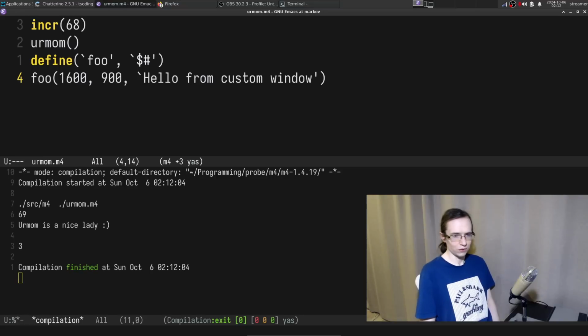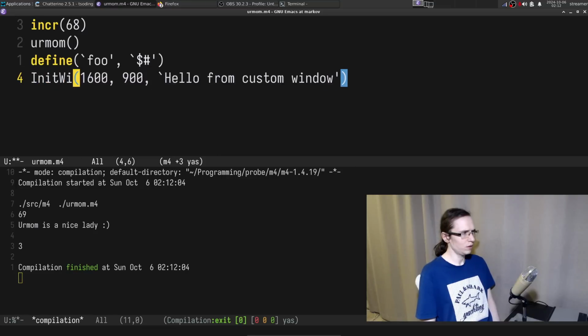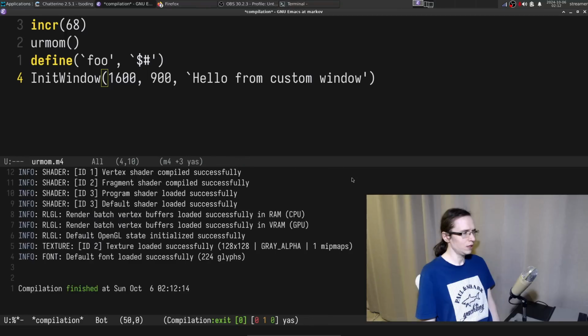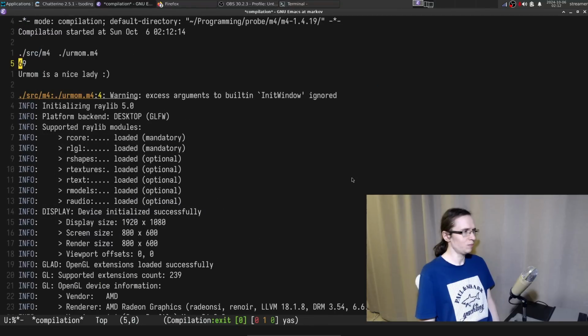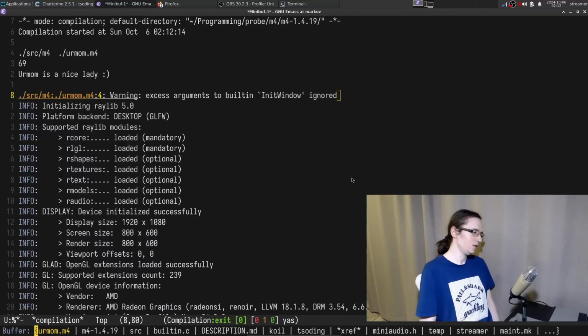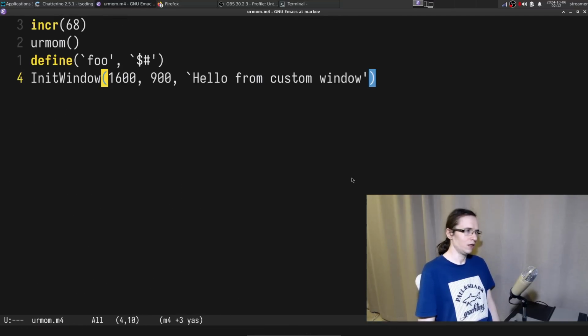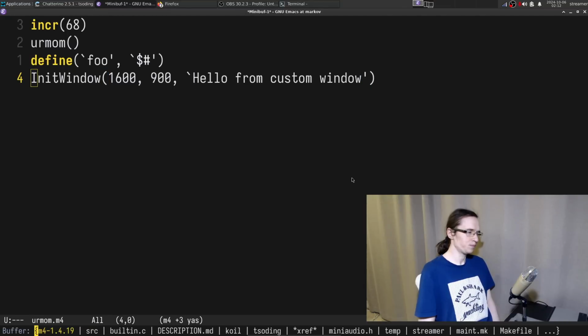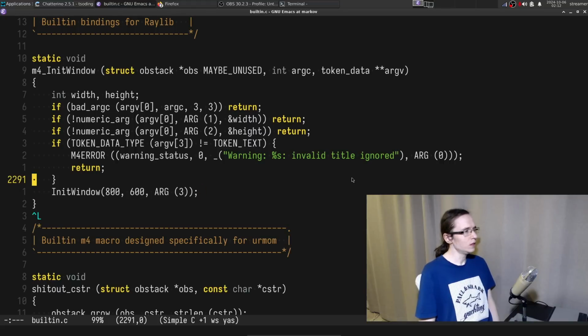Makes sense. So init window, let's go. And it still says access arguments to built-in init window are ignored. I really don't know where it gets the extra arguments. Everything's fine. This is that, and this is that.